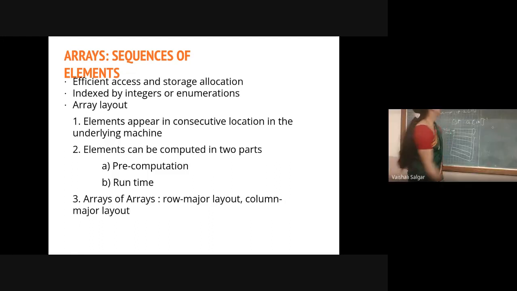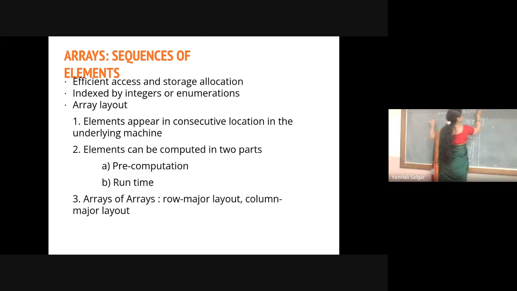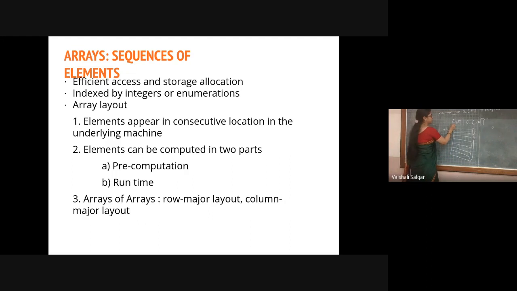So, it depends: for each data type, depending on the language, the memory will be reserved. In this case, for Java programming, 10 into 4, so 40 bytes. I hope you have understood how the memory is allocated whenever I declare int A, for that particular type of array variable.